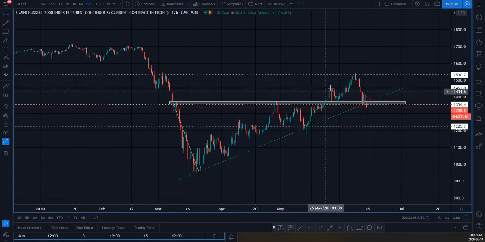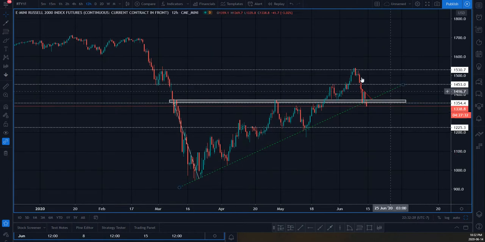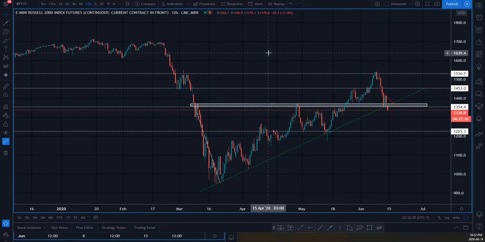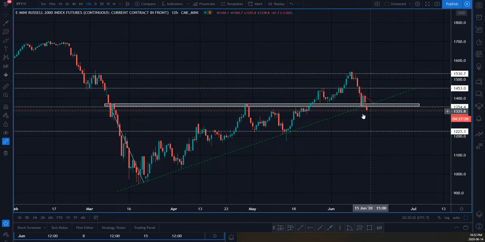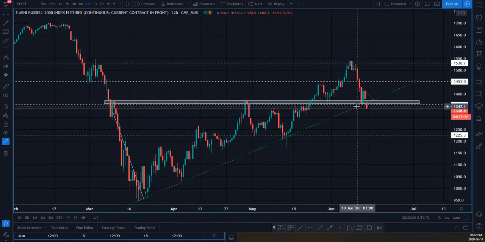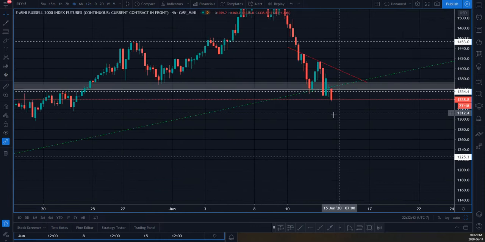A lot of buyers thought it was going to continue higher, hit all-time highs. NASDAQ hit all-time highs, so a lot of people thought the small caps, I'm sure, were going to hit the all-time highs if they were looking for a bullish move to occur. So I'm sure there's a lot of people trapped here. Key level of confluence just got broken by the buyers. Sellers took over, and let's just jump into the 4-hour time frame here.